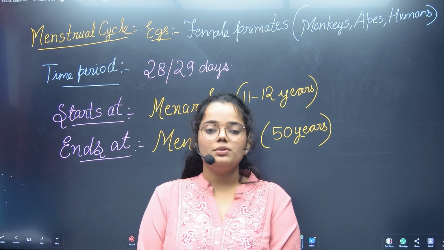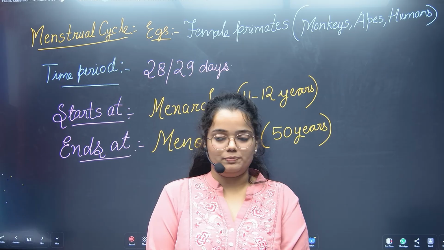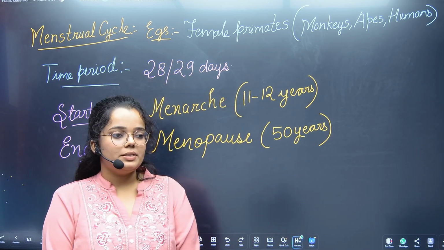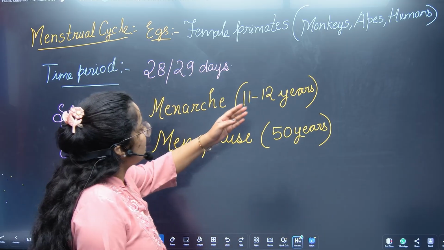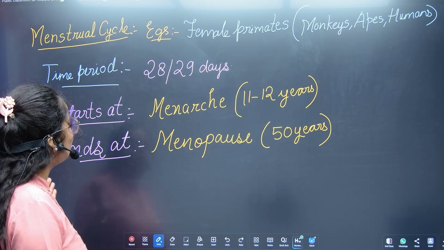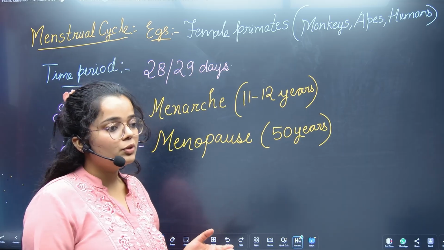Today we are going to discuss the topic menstrual cycle from the chapter Human Reproductive System. The reproductive cycle present in female primates, for example monkeys, apes and humans, is called the menstrual cycle. Its time duration is normally 28 to 29 days, which may vary in different females due to hormonal imbalances